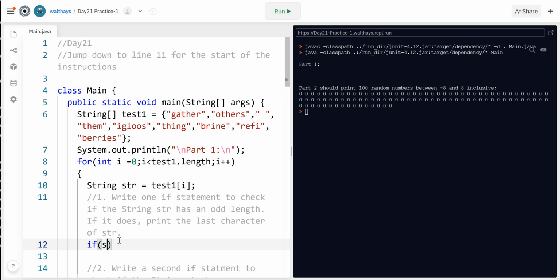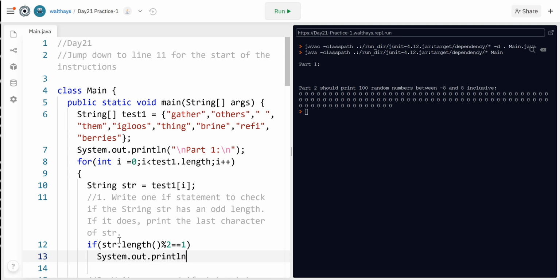So if str.length, and we learned how to check if there's an odd length, you do modulo 2 is equal to 1. So what that's saying is you're dividing the length of the string by 2, and if you have a remainder of 1, then you know it's an odd length. And if it is an odd length, I want you to print the last character of the string. So you don't have to use curly brackets here, the braces, because it's just one command, system.out.println